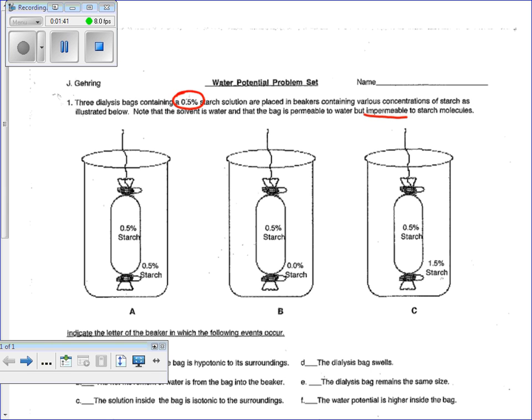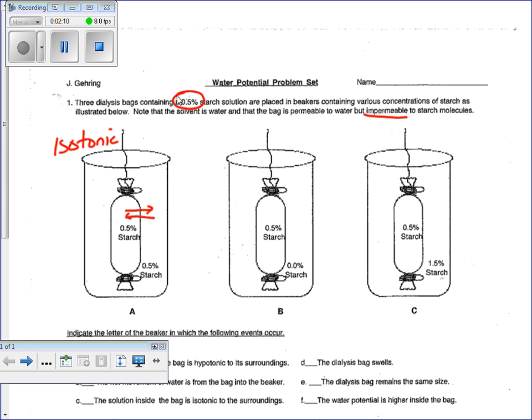Therefore, representing that with arrows, I would expect water to be going out, and the arrow going in should be the same size. I would expect there to be a fairly equal exchange of water. Right? I'm not having the starch exchange because, why am I not worrying about the starch? It can't go in or out. It's impermeable. Right? With me so far. And this would be an isotonic situation.